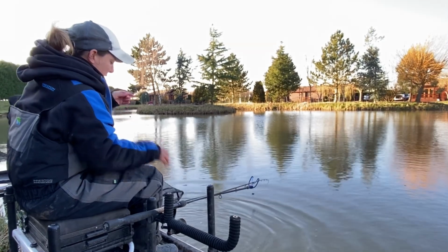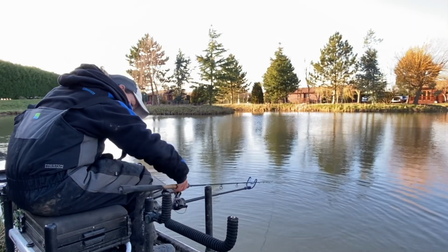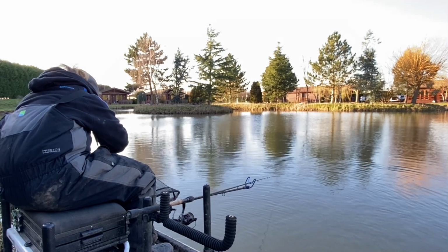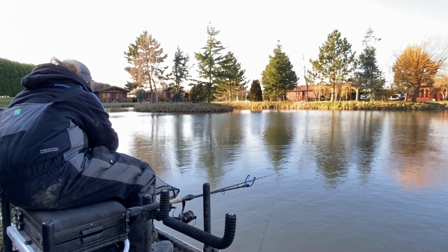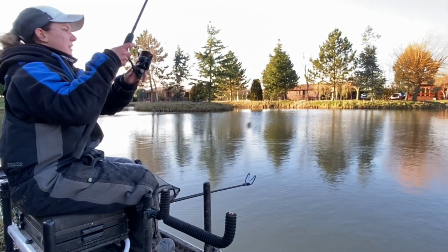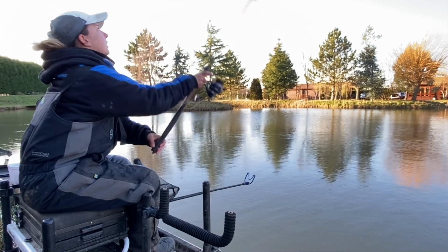Dead simple it is, don't get much simpler than this. Lovely bit of method feeder fishing. But same again. Into my mould, place my micros over the top. Perfect little method. And then just hit the same spot as what I have been, but flick out